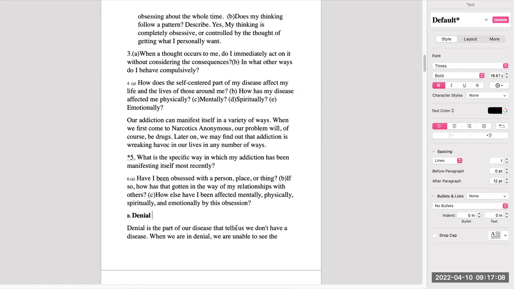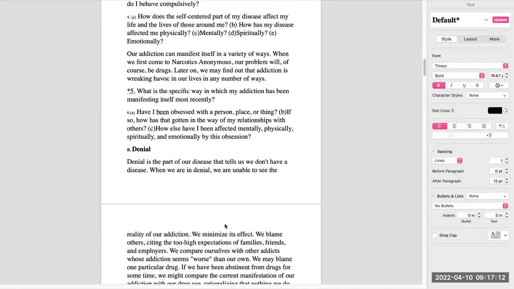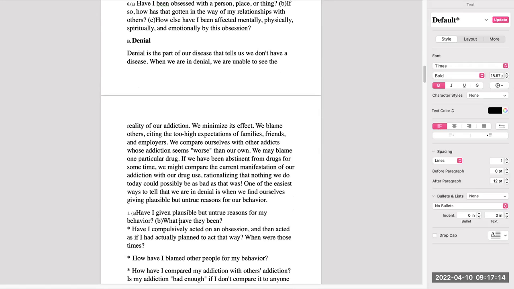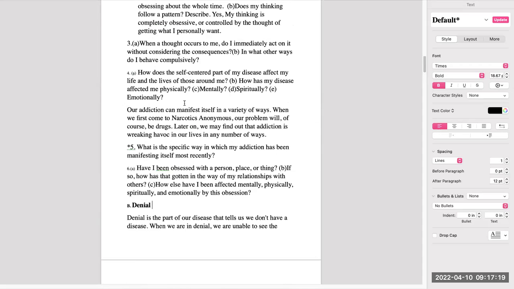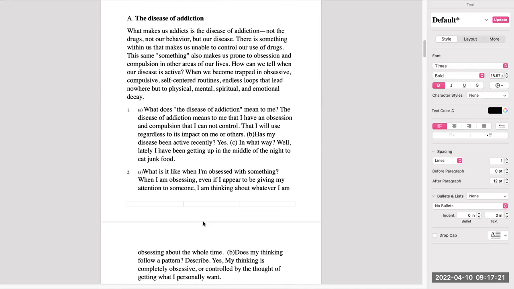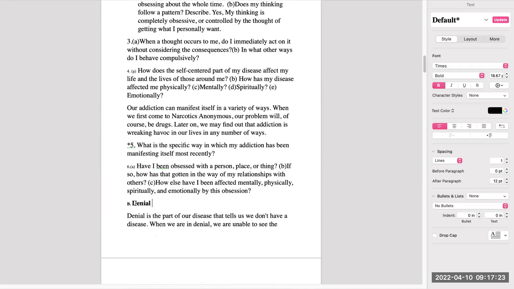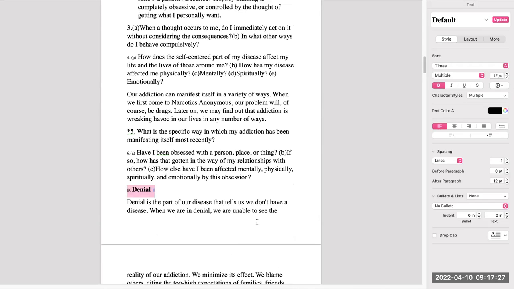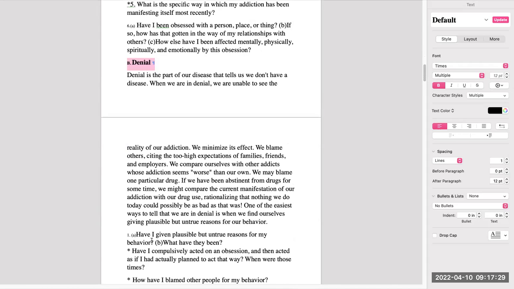You already know it. You'll be like B, denial, and then you'll go into renumbering them. You see how I did that? Each section, whether it's A or whether it's B, every time you get to a new subheading, it gets a new letter. And the questions under that subheading, you start your numbering over. So this becomes